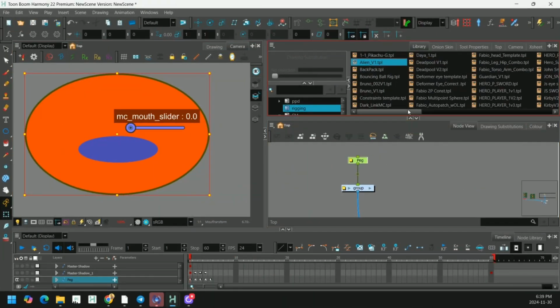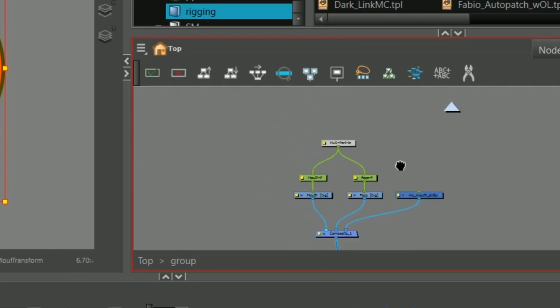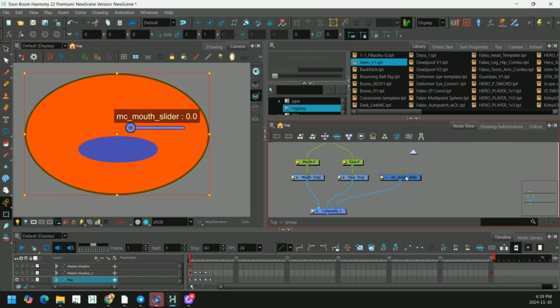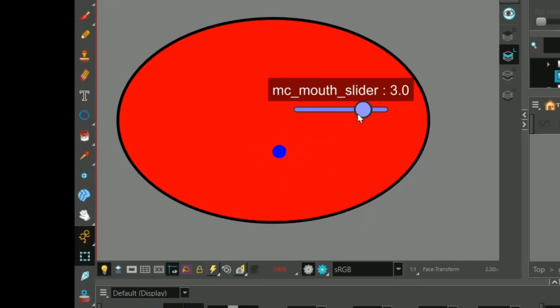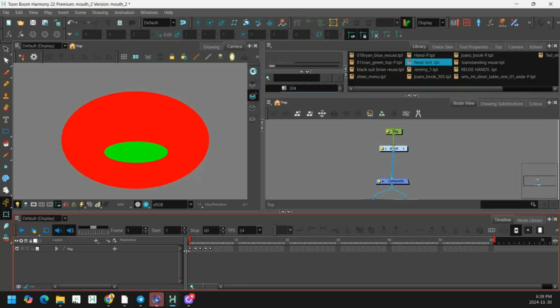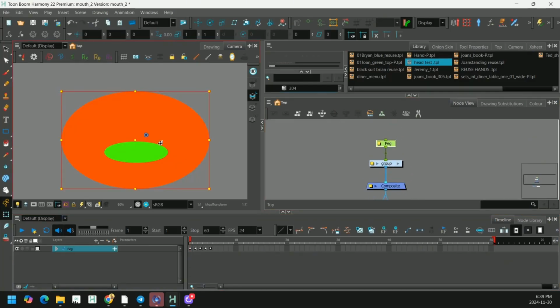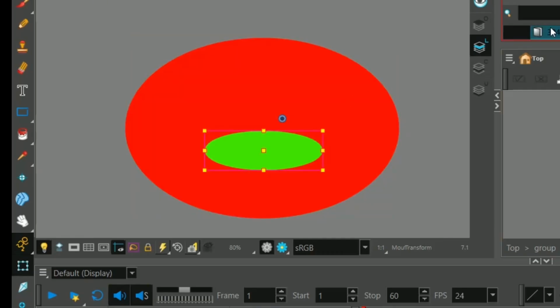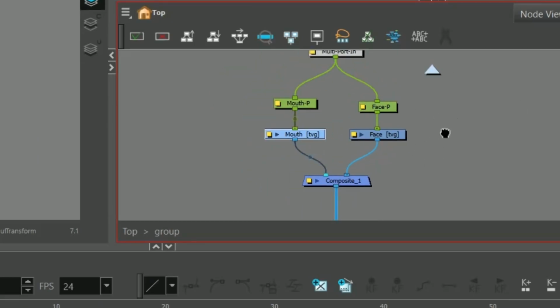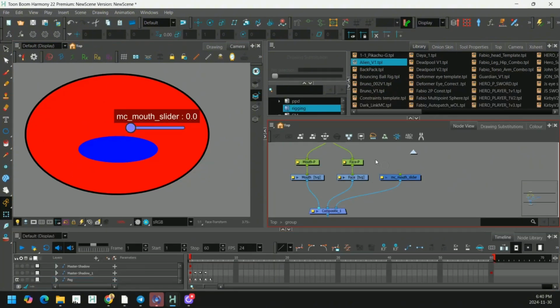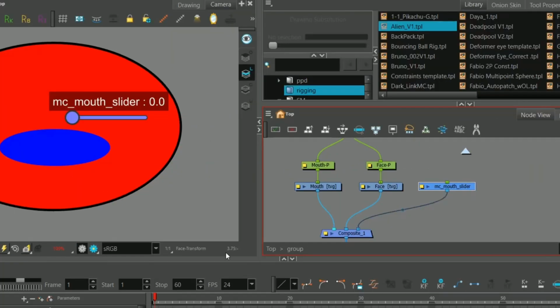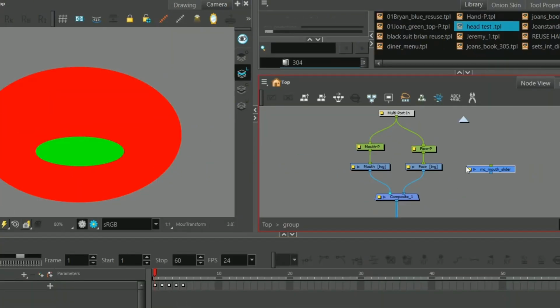So we have our basic character here inside this group. It's just a mouth, a master controller, and the face, and the controller slides through these mouth shapes. In our second rig, we have it set up the exact same way. So this is basically a duplicated version of that, but the mouth is a different color, and we don't have our master controller. For something as simple as this, we can literally copy with Control-C and paste it into our